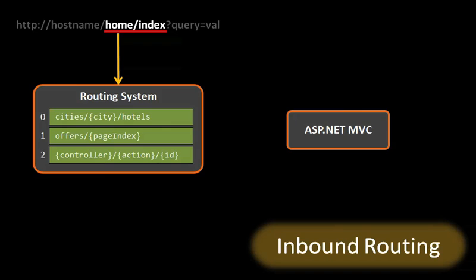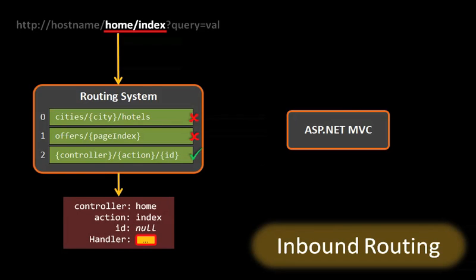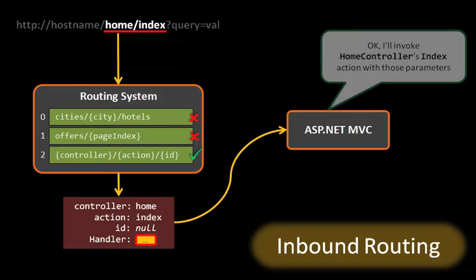The routing system starts at the top of the list and iterates down. It finds the first routing entry that matches the incoming request, and from that it constructs an object called RouteData that describes the parameters extracted from the URL. The route entry also specifies a handler to be responsible for processing the request. In ASP.NET MVC applications, this is nearly always an object of type MvcRouteHandler. Now MvcRouteHandler knows how to hand off the request to the real ASP.NET MVC framework to be processed. It passes along the route data structure so the framework can see what controller and action to invoke. And this process happens every time a request hits your application. Your job is just to configure the route entries so the right URLs map to the right controllers and actions.